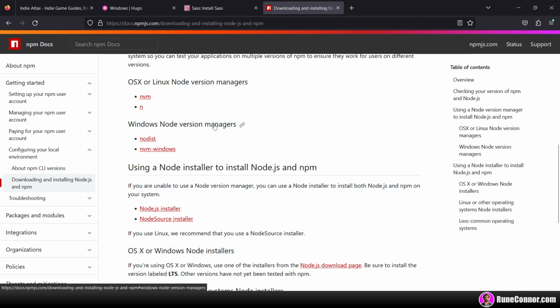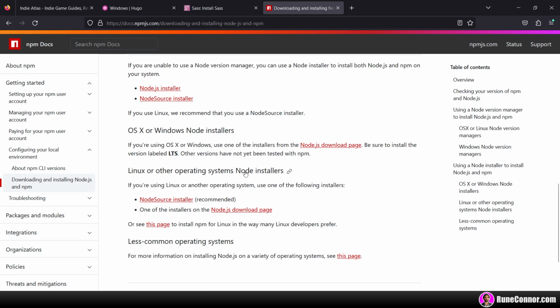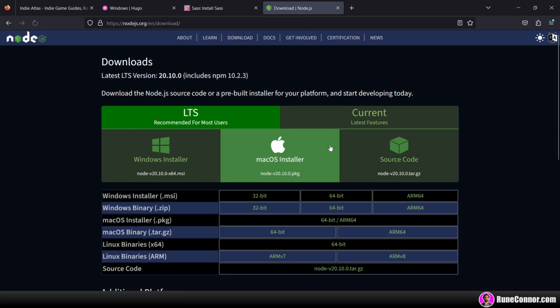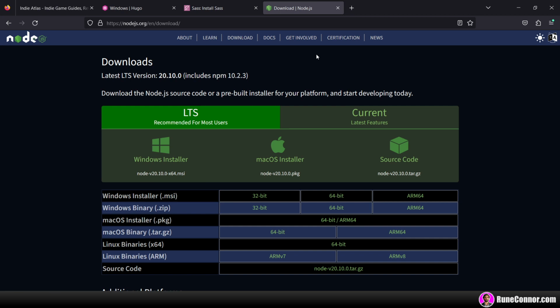Windows Node version managers. Okay. Node installer. Node.js download page. So you can go here and download the Windows installer to install npm on your computer. After you install npm, so far we've installed Git and Go, and now you're installing npm and using Node.js,